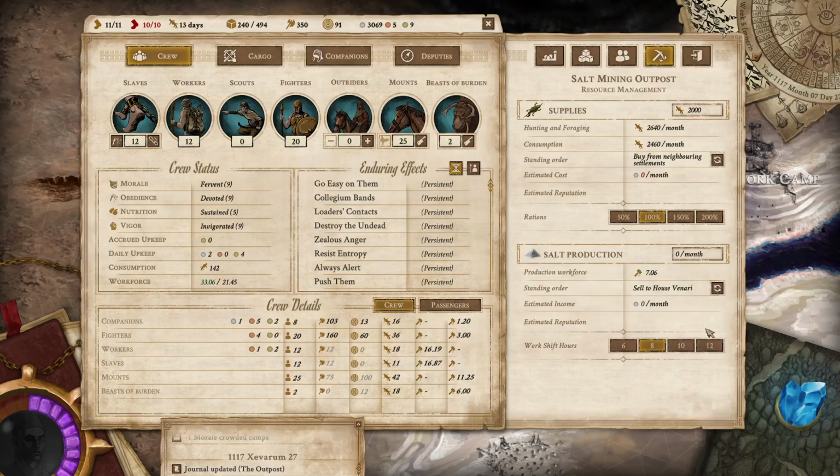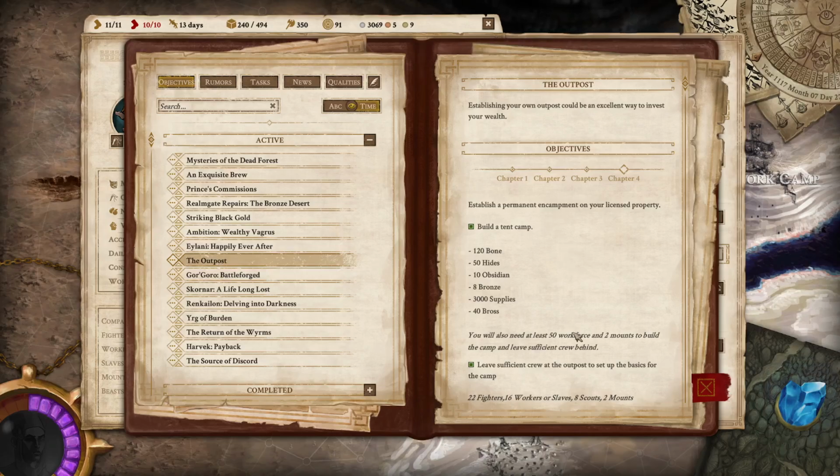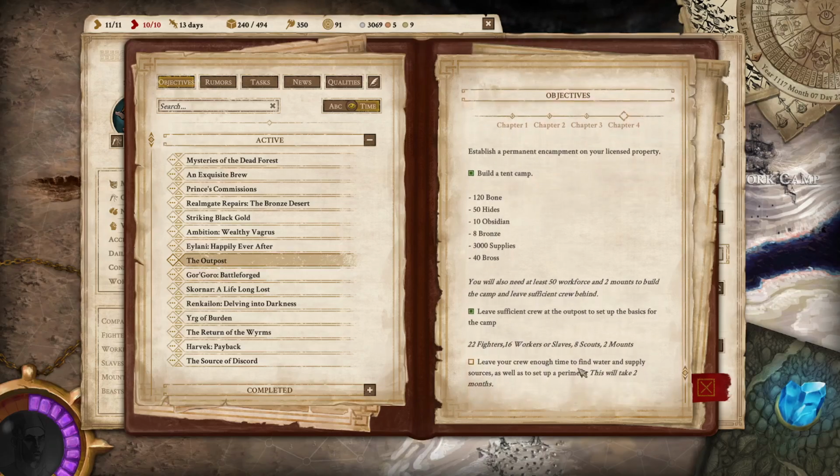So we're still not earning any money, and I still don't know why. Free workforce calculated from your total workforce available minus the workforce covering the needs of your outpost. I wonder, does it say anywhere how much you would need to...